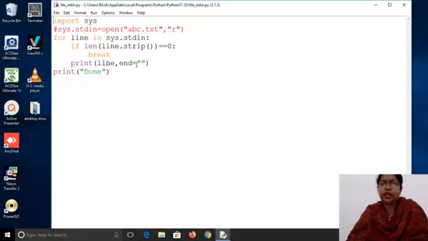Now, how will you end? By default, for normal files, it ends whenever the line has nothing in it. But in the case of the console, each and every line by default has a newline, a single character written inside the line.